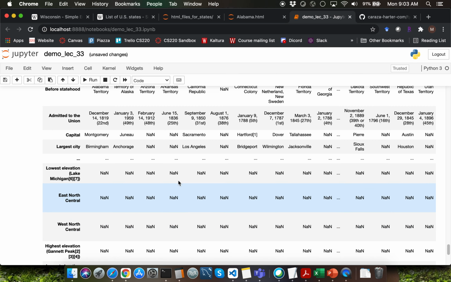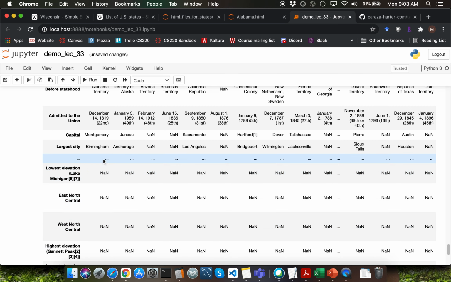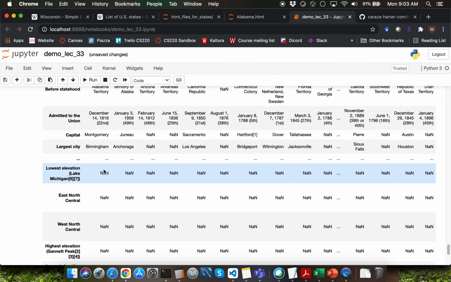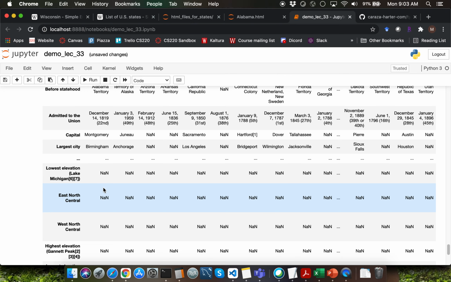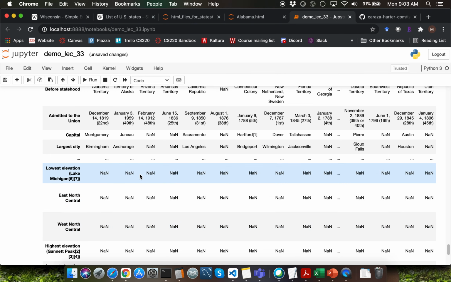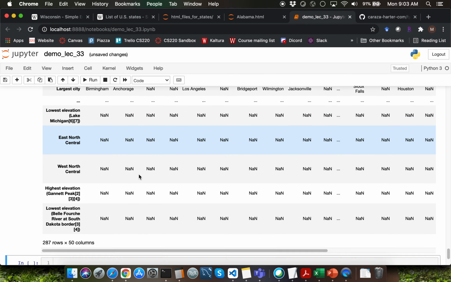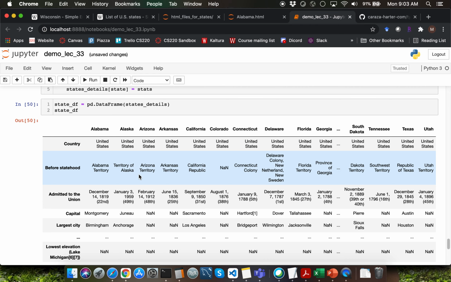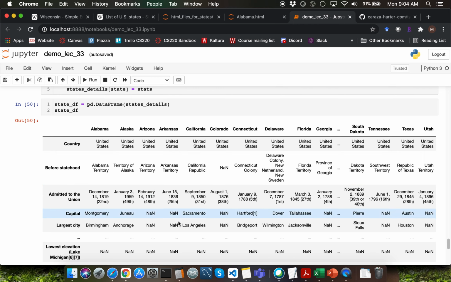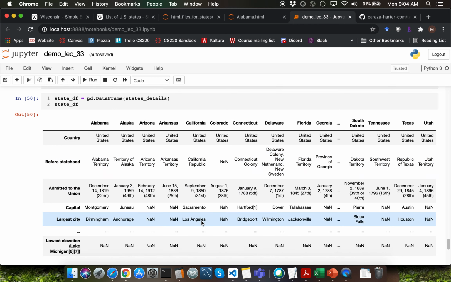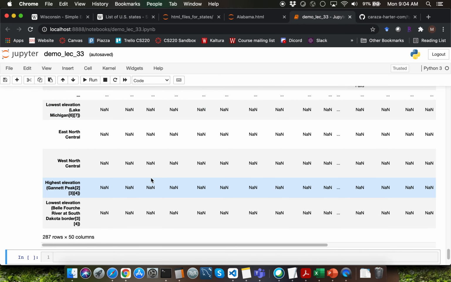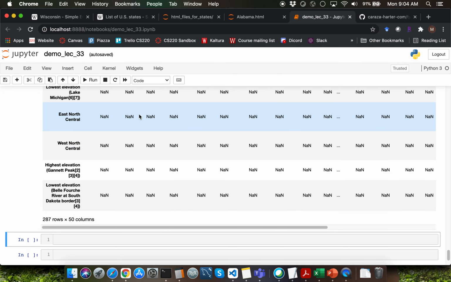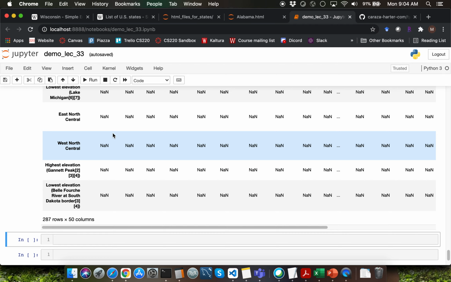Notice that there are a lot of NaN values within the data frame. NaN stands for not a number. That's the representation in a pandas data frame when you do not have content for that particular row and column. Despite us putting so much effort to process this particular HTML file content from Wikipedia for individual states, we still end up with a lot more work to do. We are not going to do any further work on this, but feel free to explore how to clean up this data frame on your own.